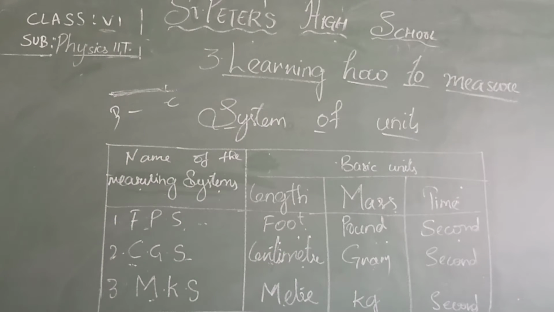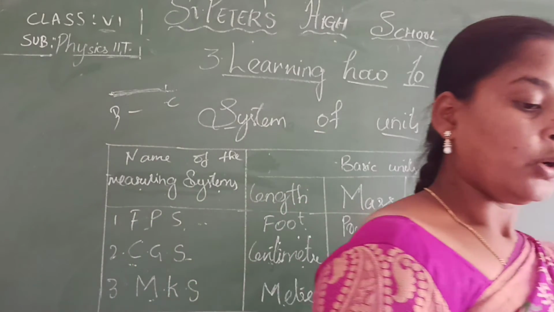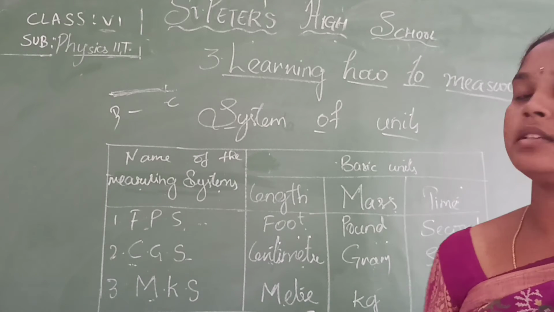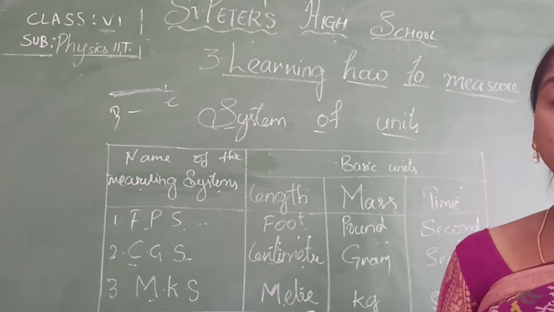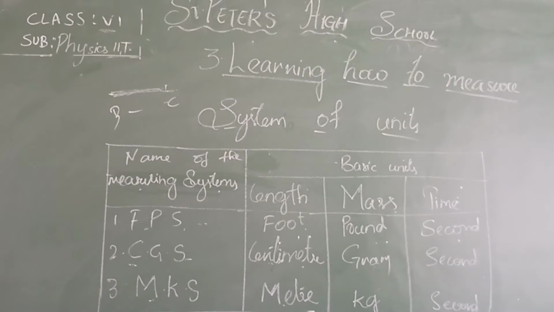And here in the SI system, we can even measure by using the kilogram, and hour also will be used. Okay, the SI unit of length is meter. The SI unit of length is meter. Along with this, we can also use kilometer, and we can even use hours also. Okay, these are the main standard units first.